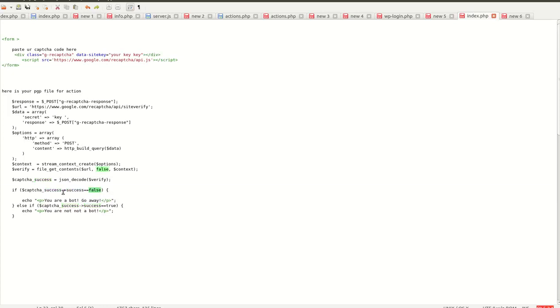If it is false in the captcha response from Google's verify site URL, then you can show a message to the user that captcha is not verified or captcha is expired. If you get success, then in the else branch you can run your code and insert the form or whatever you want to do.